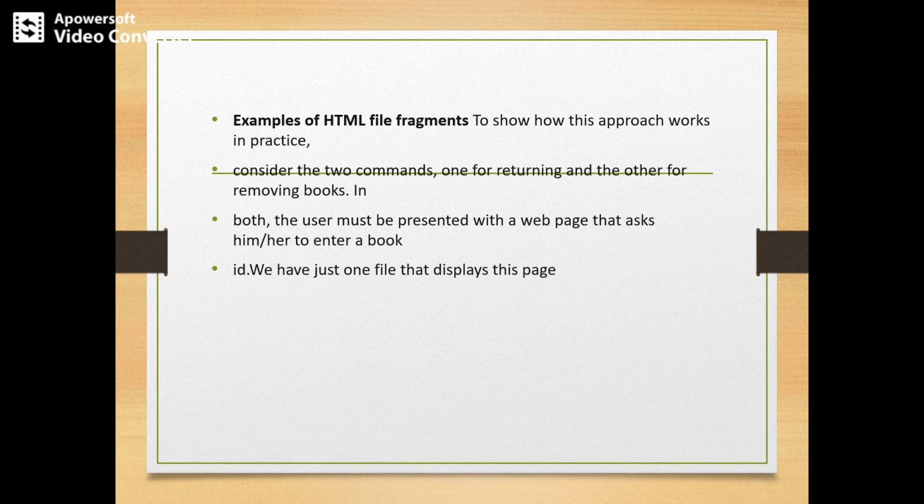To take care of this, the file has a string called result. A header 3 tag will be taken here: result, br, h3, and the header 3 will be closed. This may be replaced by a string such as book not found or member added. Once the file is read, the result string is replaced by the appropriate result of executing the command. So this is the example of this HTML file fragment.